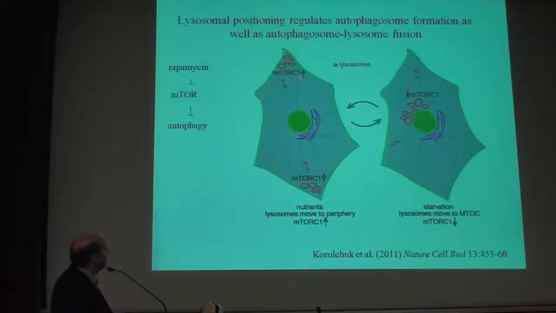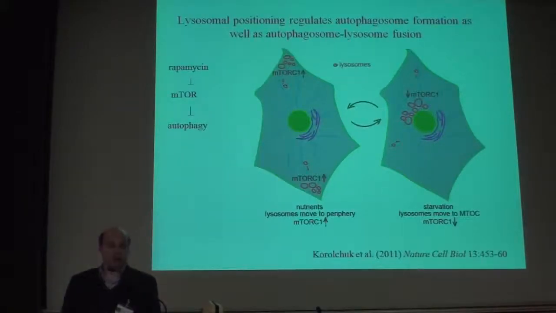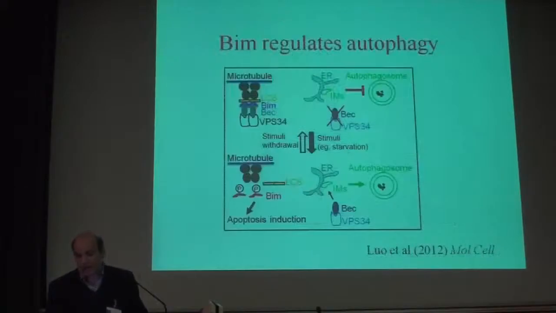You get the converse effect, of course, if you drive the lysosomes with the accompanying target of rapamycin complex to the plasma membrane, and when you do this, you increase the activity of the target of rapamycin complex and you switch it off for autophagosome formation. There are signals that regulate autophagy that are independent of the target of rapamycin,